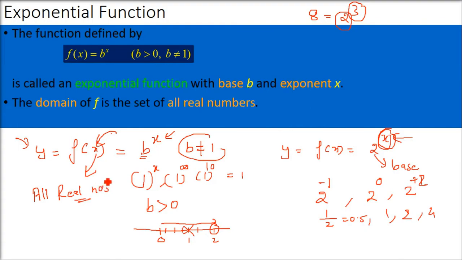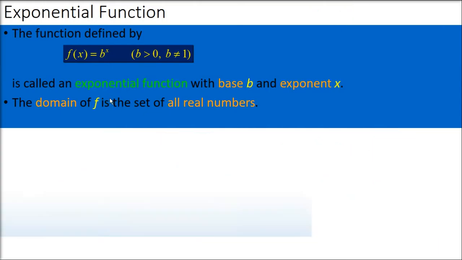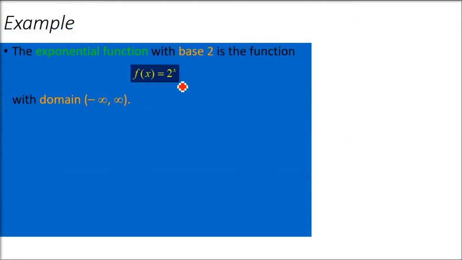What is the range? I will just tell you, for 2 to the power x, the range is 0 to infinity, where 0 and infinity are not included. So now we are taking a specific function, which is the basic exponential function. The function was b raised to the power x. We are taking b as 2 just to make it not very generalized but specific, so that we have a specific domain, range and graph.